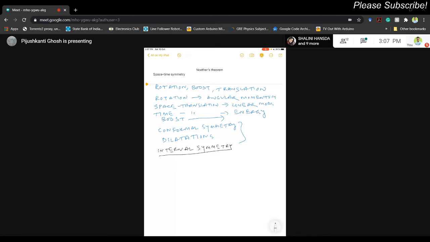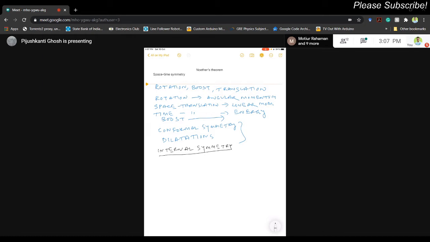I'll not be talking much about the group theory, except when I'll be teaching non-abelian gauge theory. But those who are doing particle physics, they have to learn group theory. Again here also we apply Noether theorem, and from there we get conservation of baryon number, lepton number, hypercharge, electric charge, everything. These symmetries are called internal because it's in the internal space of the fields.